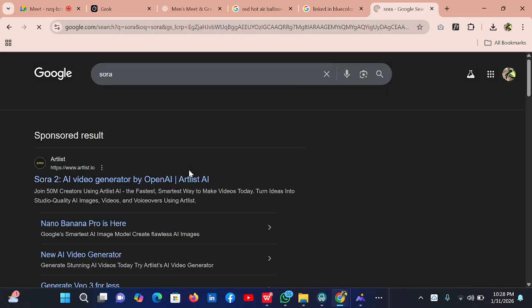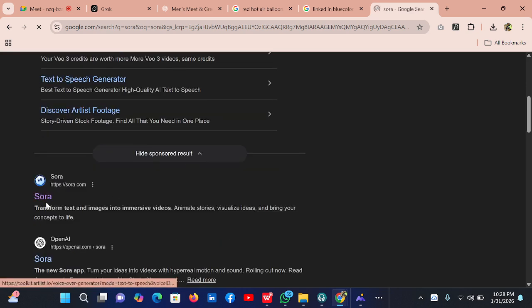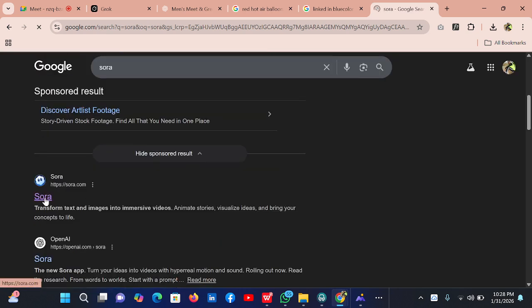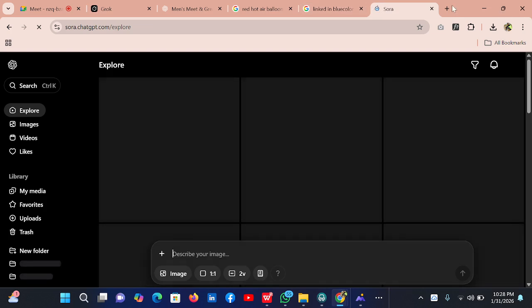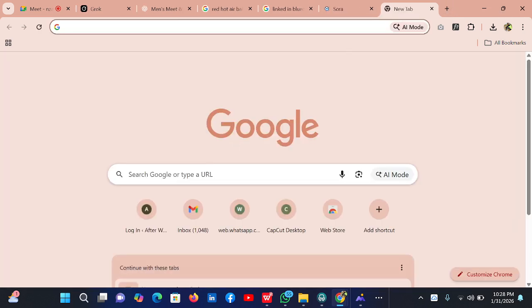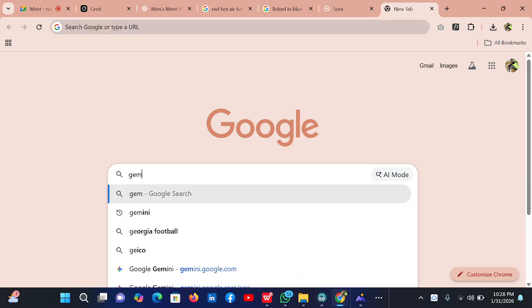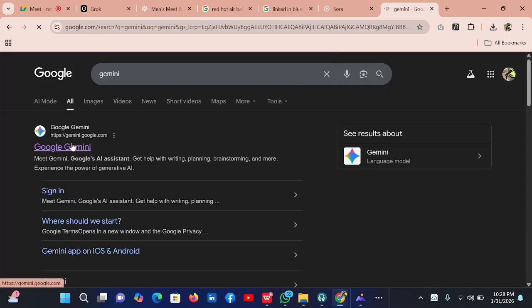As that is opening, let me also open Gemini. I'm sure you've heard of nano banana. Last year, towards the end, it was a trend, the Google Gemini nano banana. That is what we are going to use.